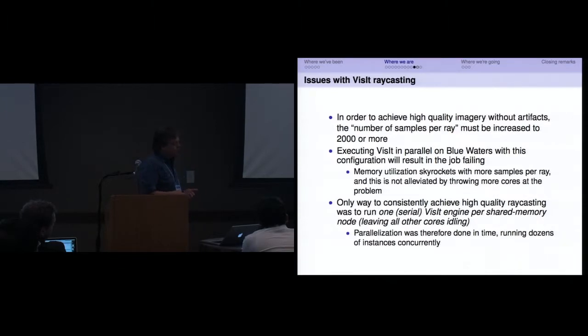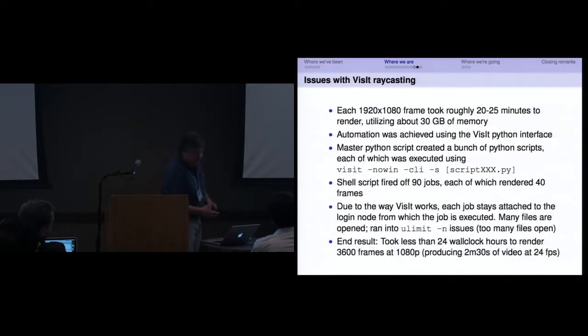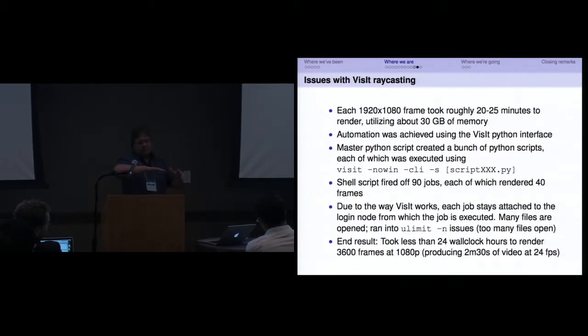So what I ended up doing was, how many frames did I do? I did about 3,600 frames, what you just saw, 1920 by 1080, that's 1080p resolution, and I ended up doing it in serial, but it's parallelizing in time. To get that many frames created, I essentially made a whole bunch of VisIt jobs by using the Python interface. I made a Python script that spit out a bunch of Python scripts